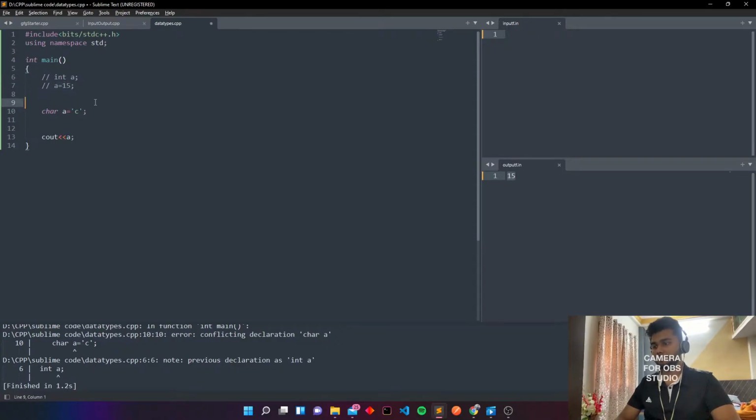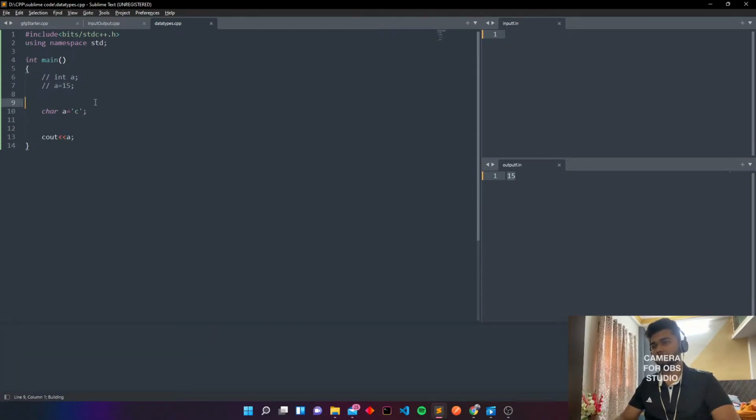So I'll comment this out and then we will run the code. Now you can see that the value of a is the character c, and this is used to define the character in single quotes. So now a is a character variable here.